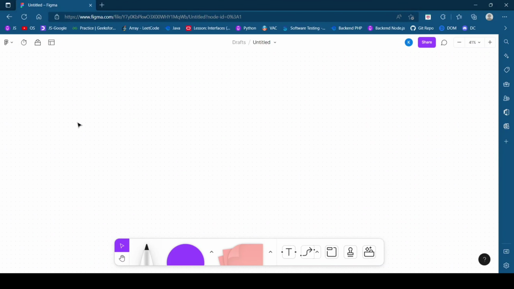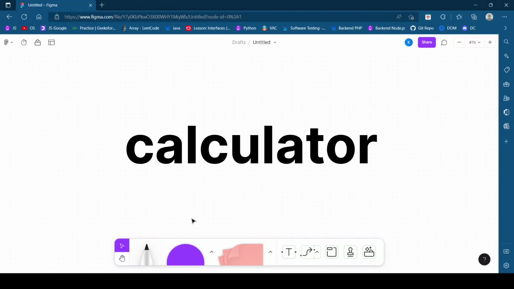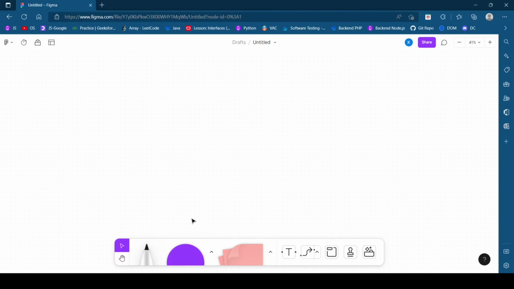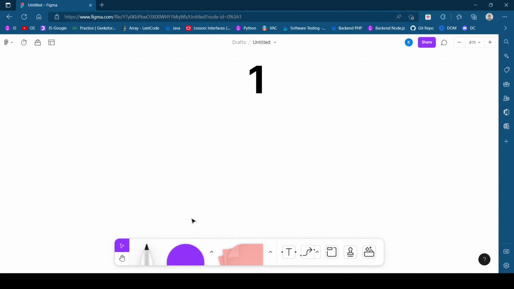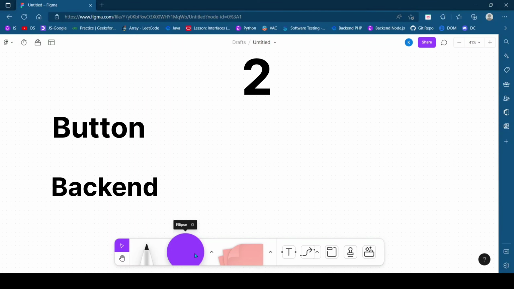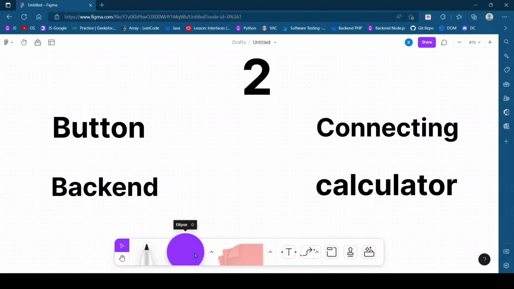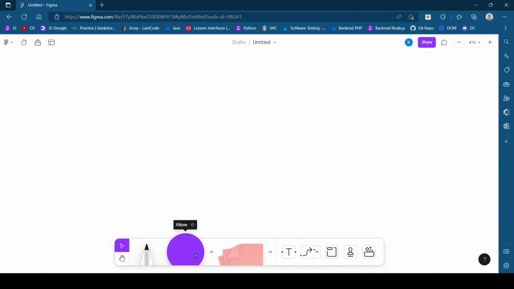Today we are here to discuss the overview of the first project we will be making, which is our calculator. We will be dividing the project into videos. In the first video we will be dealing with the interface and the designing part of our calculator. In the second video we will be dealing with inserting the buttons, the backend part, the connection part, and the calculation part. We will be making the interface with the help of Java Swing and Java